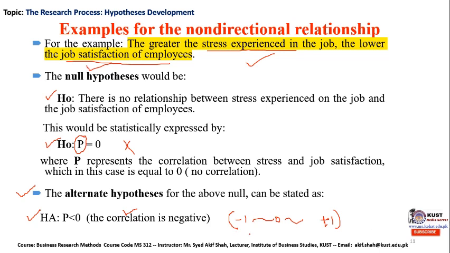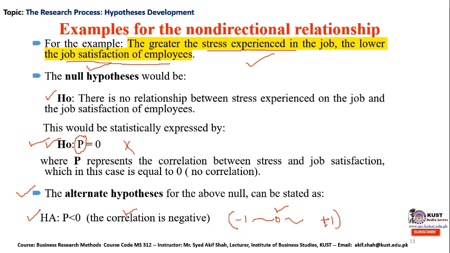Similarly, when the correlation value is -1, it means that a 1 unit decrease in the independent variable will lead to a 1 unit decrease in the dependent variable. And finally, if the correlation is 0, then we will go with the inability to reject the null hypothesis,